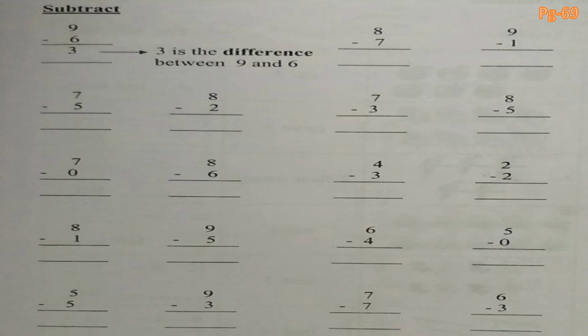Here you have to subtract 7 from 8. So keep the bigger number in your mind, smaller number on your fingers, and you know whenever we do subtraction we always have to count. Yes, backwards. Very good. So how much is 8 minus 7 children? You're correct, it is 1. We'll go to the next one.